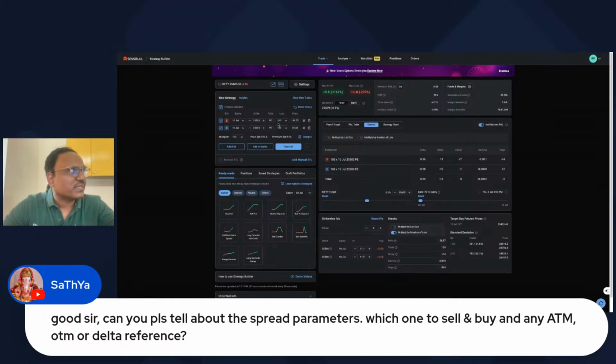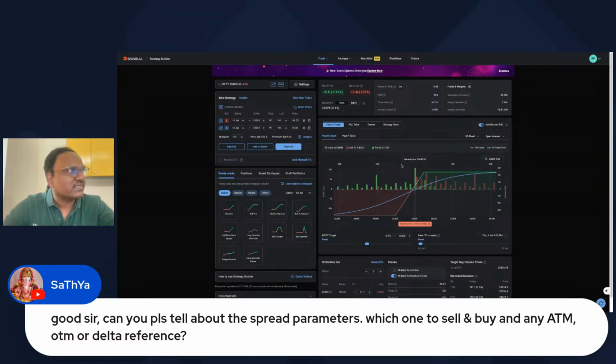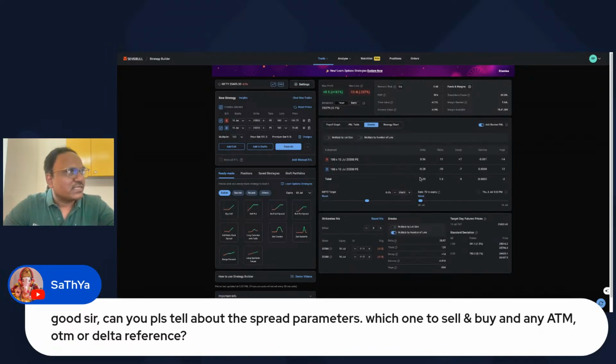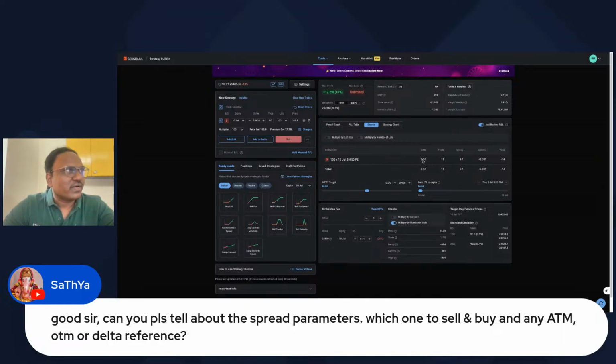So the significance of delta is at the ATM, that is always 50. Let's say ATM is this one, right? Yeah, I think somewhere here. So let's take it as 50. What it says is the delta is 50. What it means is there is a 50% chance that this can become in the money, and there is also a 50% chance that it can become out of the money. So that's the reason at the ATM this is always 0.5.